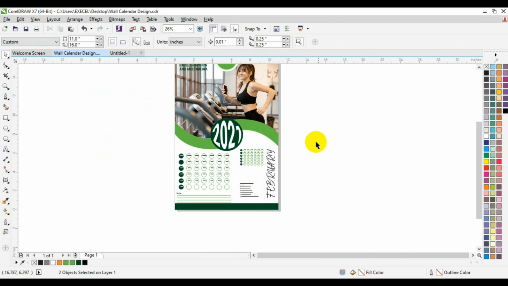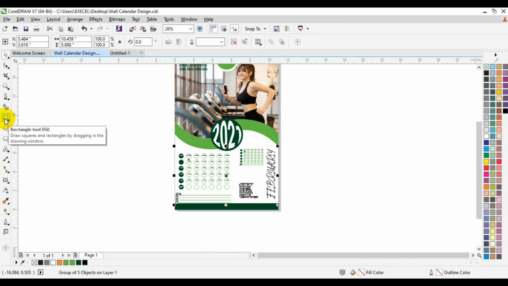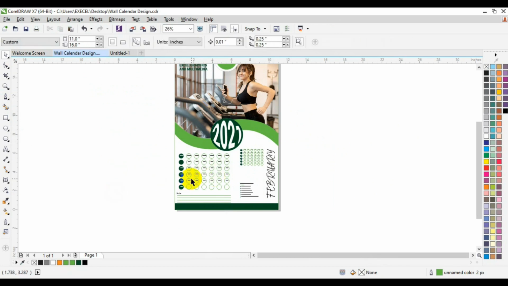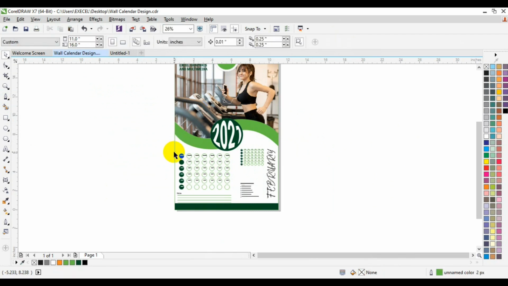Now we have to select everything right here, then group. Okay, so it has been grouped. We have to go back to our toolbar, double click on the rectangle to create a page border. Now we have to go back to our pick tool, then I'll select the body text. Then I will select the rectangle. I'll press Shift key and select the rectangle, the border, then I'll press C to align to the center perfectly. So everything has been perfectly